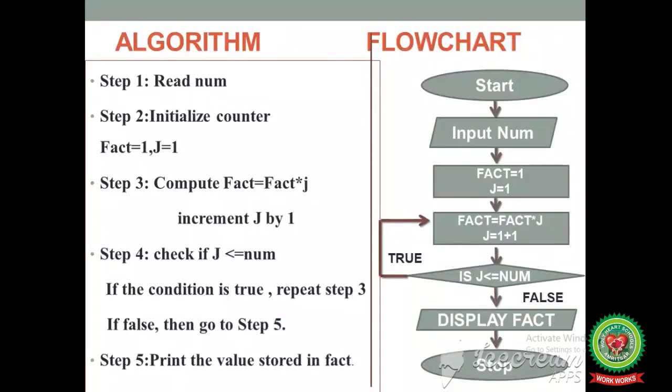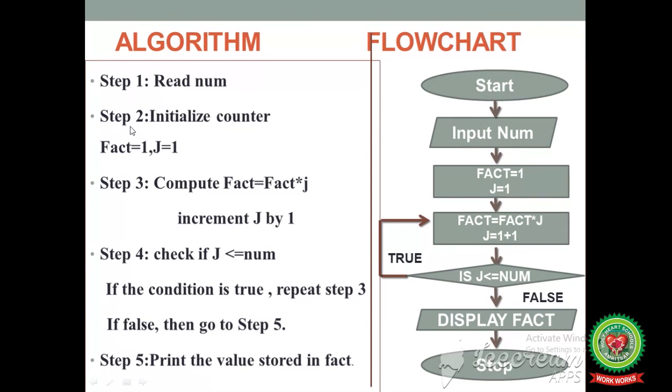Students, here I am going to correlate this algorithm with this flowchart. Now see this flow chart. The first step is start stop symbol and write down start in it, and then draw the flow line, and then draw input output box and write down input num. Now move in algorithm. Step 1 is read num, means we have an input or number.